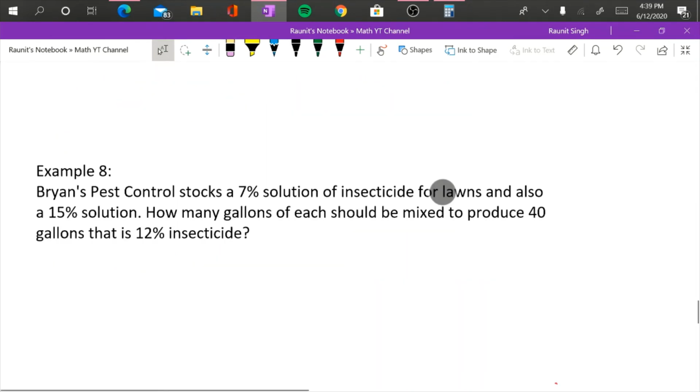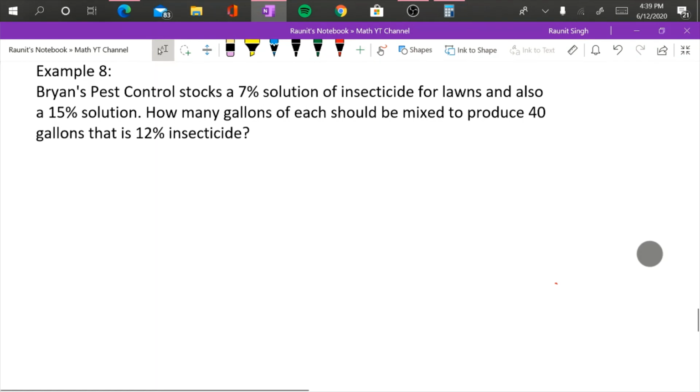Okay, so this is going to be my last example for today. Brian's Pest Control stocks a 7% solution of insecticide for lawns and also a 15% solution. How many gallons of each should be mixed to produce 40 gallons that is 12% insecticide? So, we don't know how much of the 7% or 15% we need. So let's say that we need X amount of